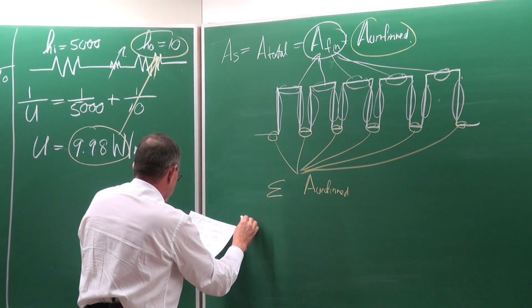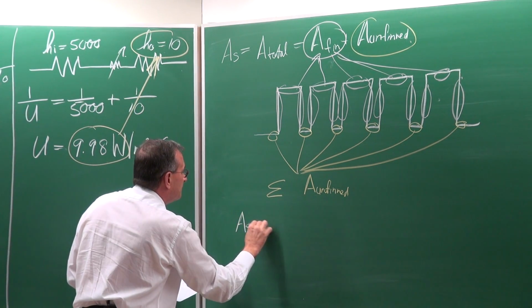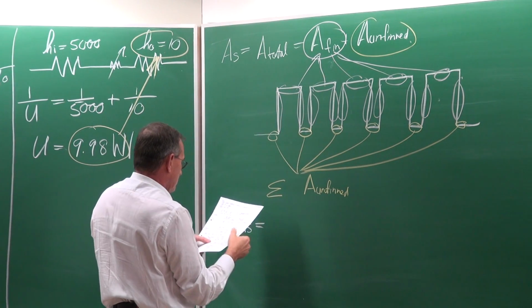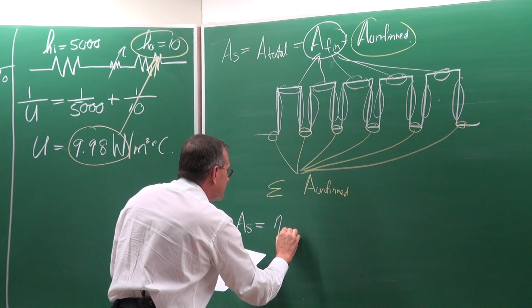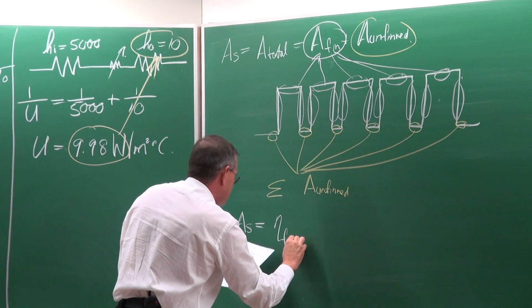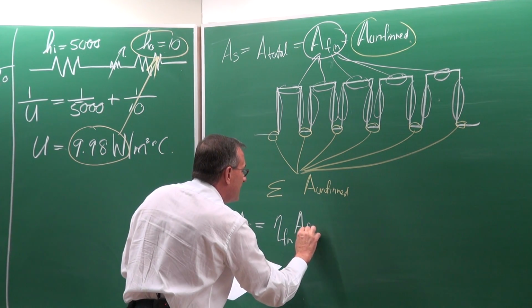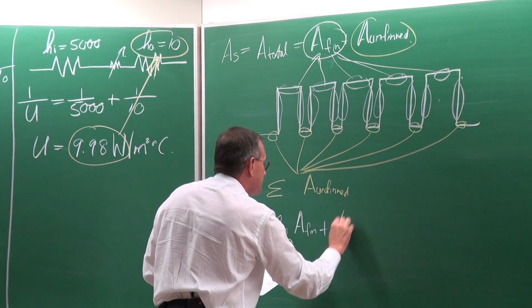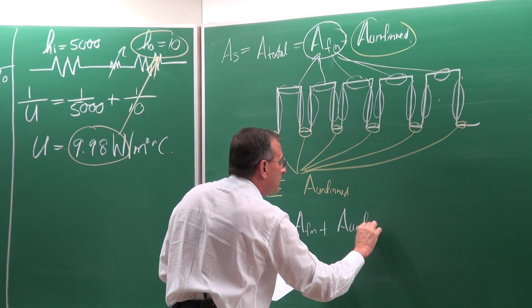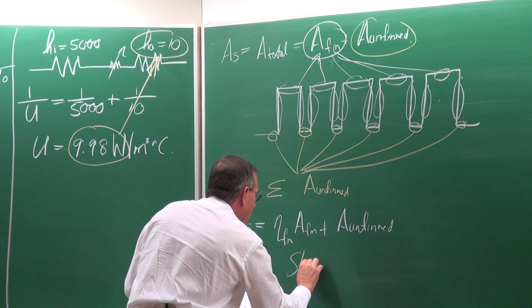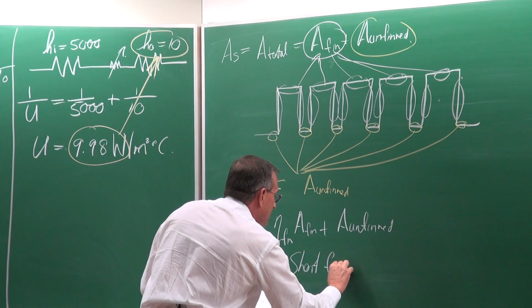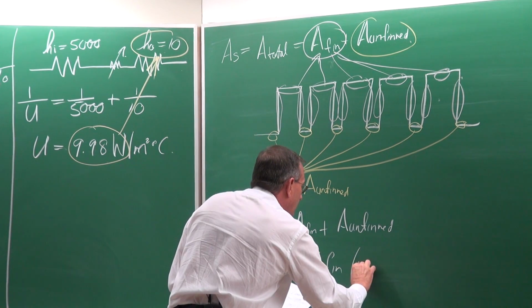Now this equation of AS, which can be written like that, can at the end be written as the efficiency of the fin multiplied by the area of the fin plus the area unfinned. And this then relates to the short fin,